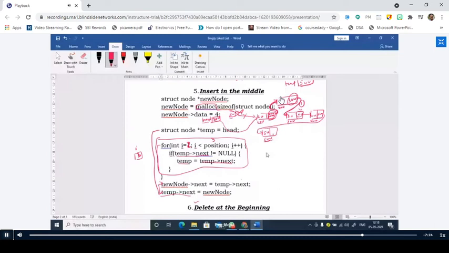Just give me two minutes. Now let us assume that this is my linked list. How many nodes are there in my linked list?